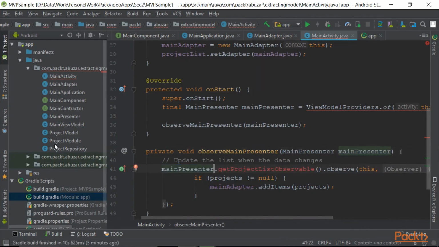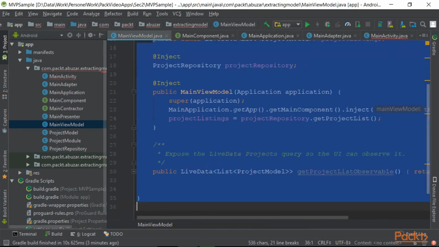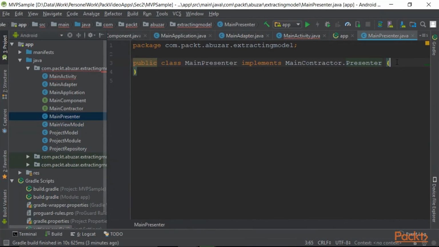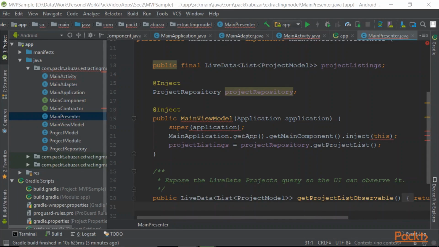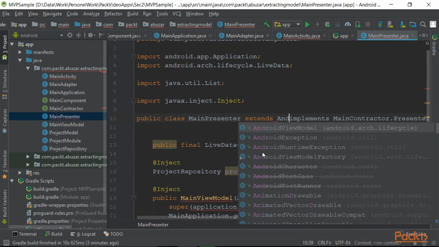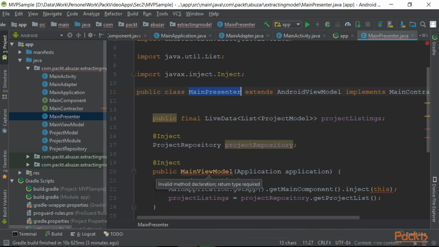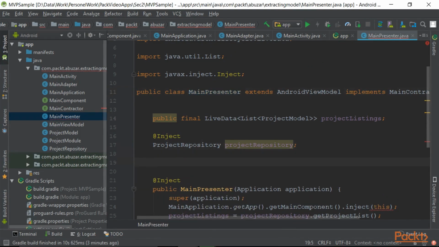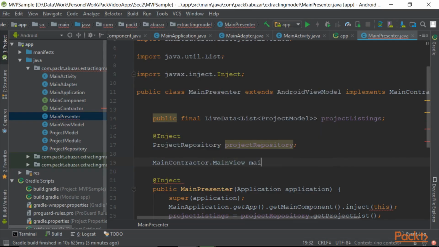Now start moving our logic from MainViewModel to MainPresenter. Just copy all this logic, Control C, Control V, come here, extend it, AndroidViewModel, MainPresenter, rename the constructor. And now one thing which will be different here from the previous one is our main view. We will be having our main view here,